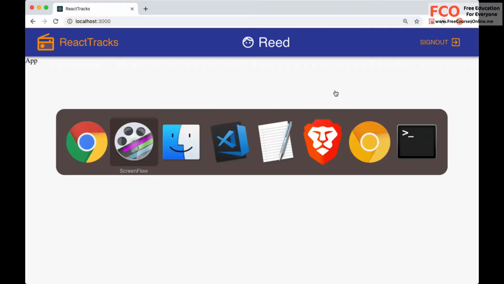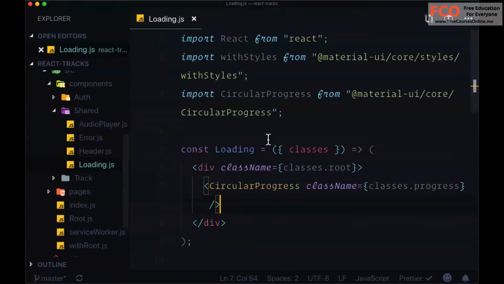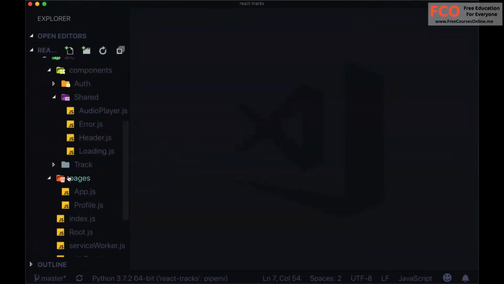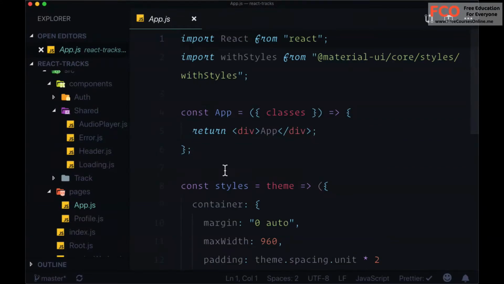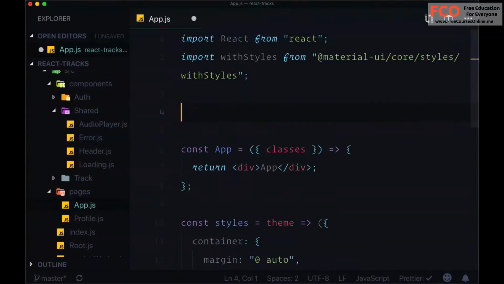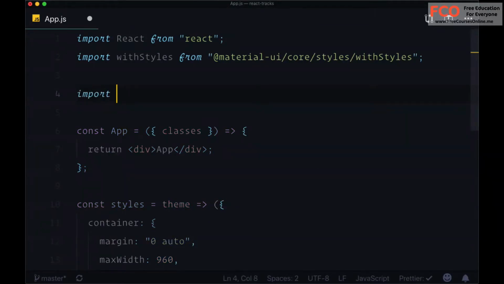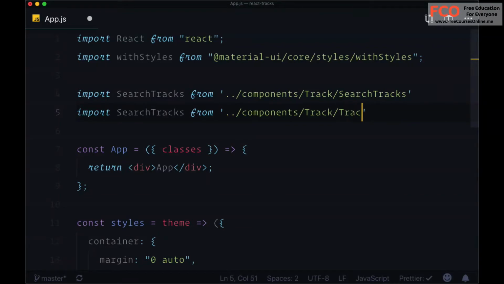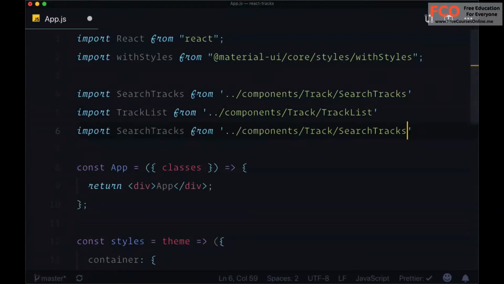So let's begin by heading to our app component where all of this is going to live. We can find app in our pages directory, and we'll start by importing all of the things that I just mentioned. We'll import first search tracks from /components, so one level up, components track, search tracks. Then we'll copy this line and also import our track list component, as well as create track,